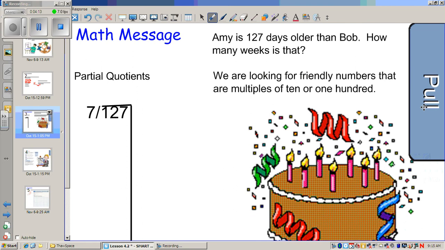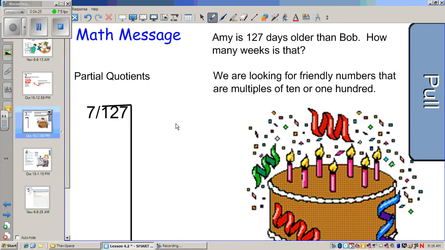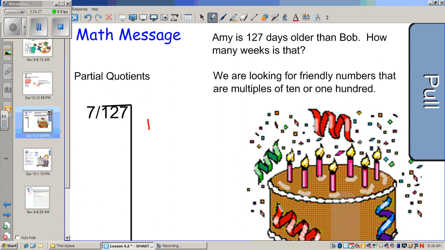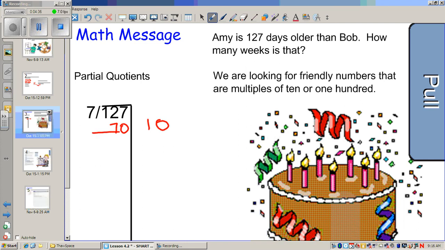So if I want to use friendly numbers and I want to use 10 or 100, well, I know I can't use 100 because 7 times 100 is 700. So I am going to use 10. I'm going to start with 10. So I'm going to do 7 times 10. And I'm going to write my 10 over here. And I know that's 70. Okay? So then I'm going to subtract my 70. Okay? So if I subtract, I get 7